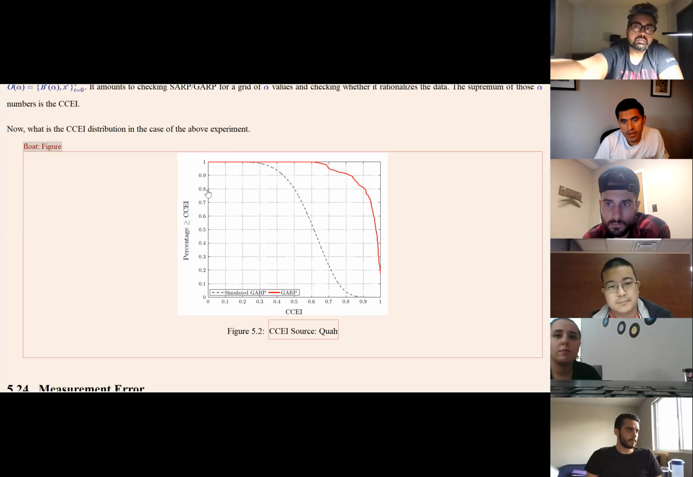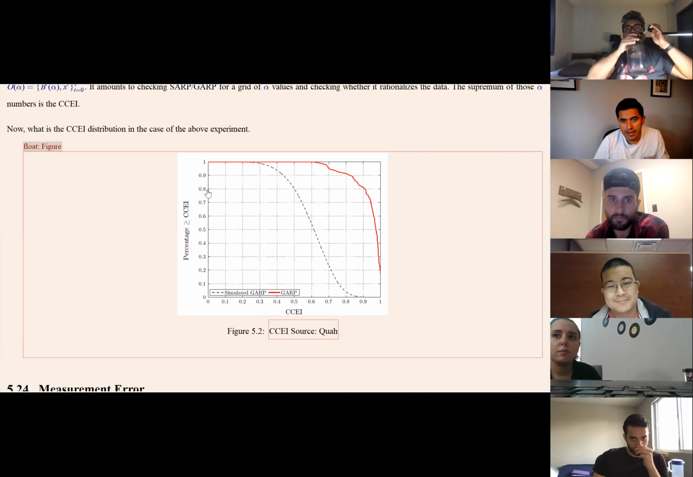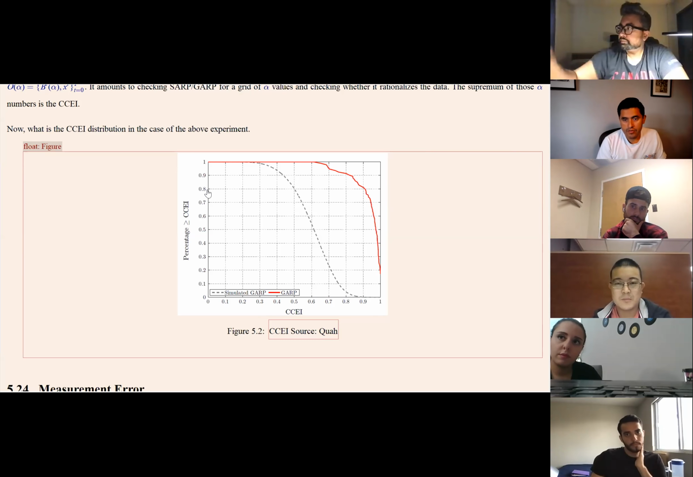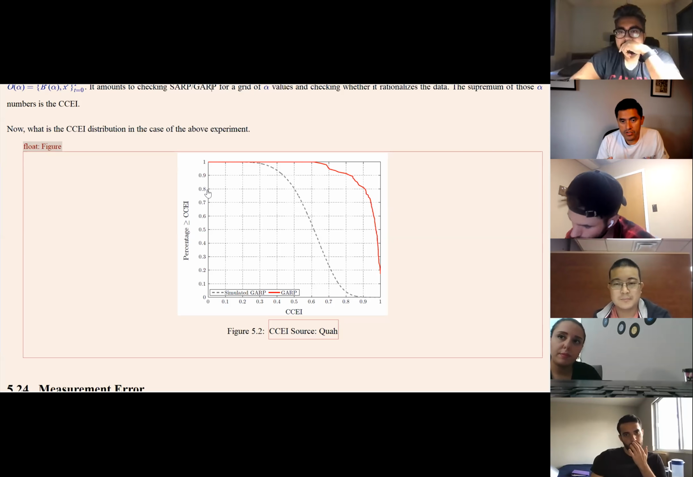So when alpha goes to 0, you are fully non-rational. So this is a guy that basically provides no revelation. So it's completely random, right? Okay. Thank you. So the interesting thing here is that in the dotted line, you're seeing, so if